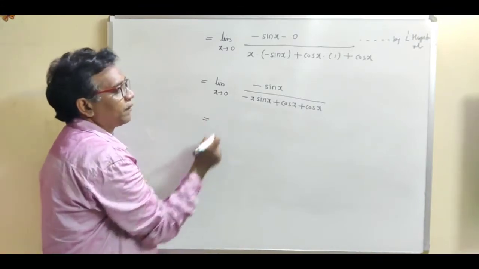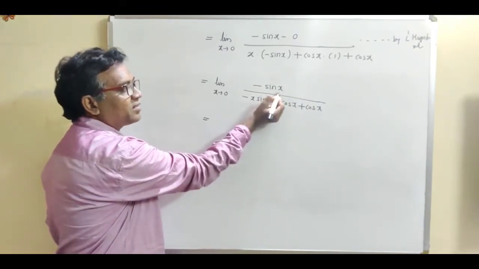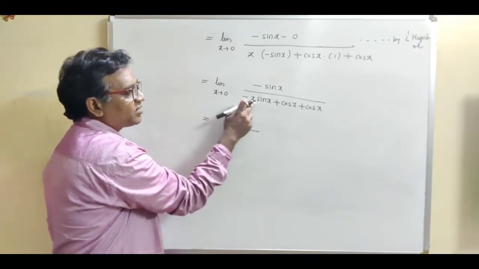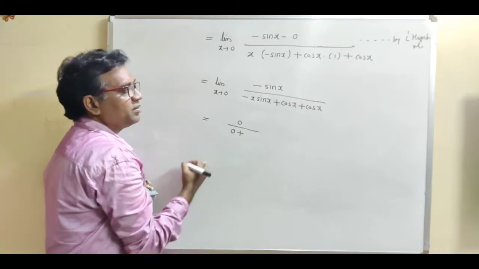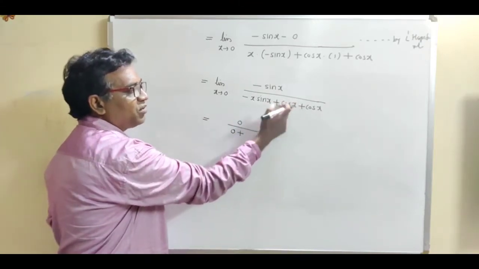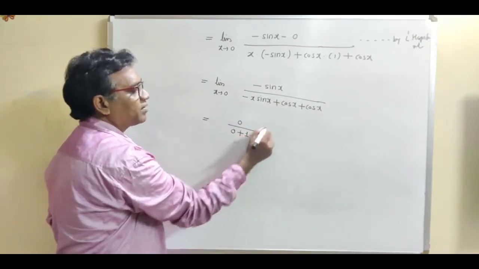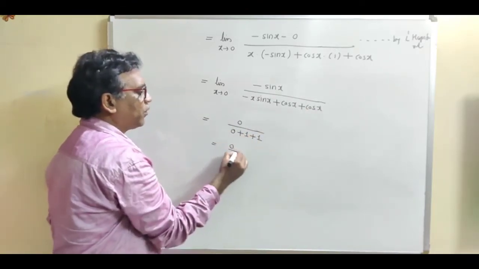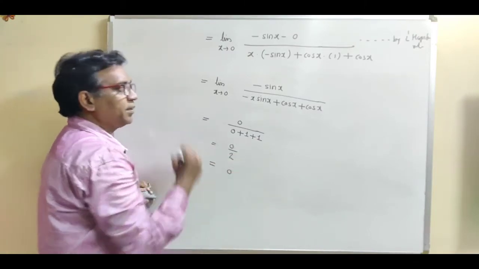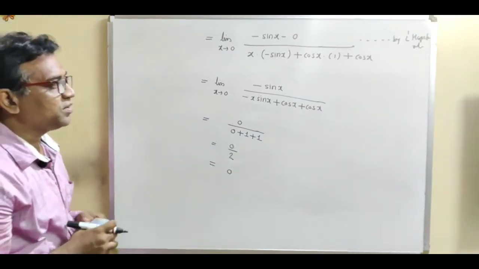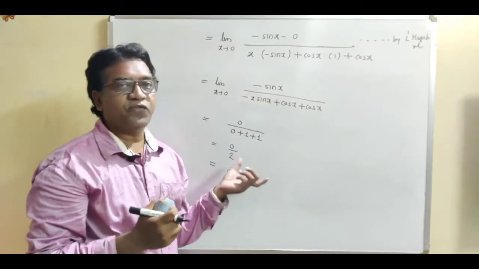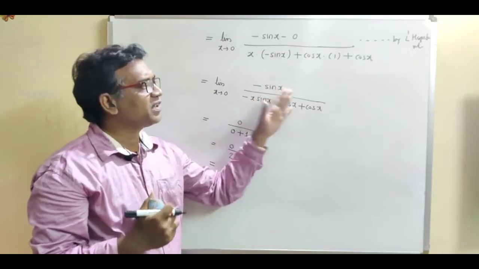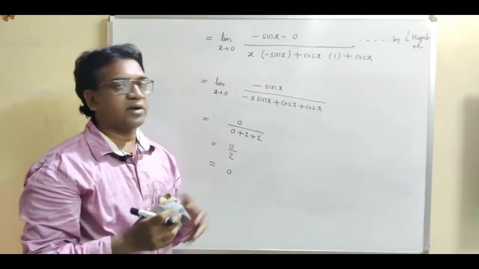So this is equal to, put x equal to 0 in the numerator, sin 0 is 0, divided by, put x equal to 0 in the denominator, so the first term will be 0, put x equal to 0, cos 0 will be 1, plus put x equal to 0 in the next term, so this is again 1, so 0 upon 2, so obviously this limit will be 0. So see how to get this division form if the limit form contains the subtraction form. What is the method? Just take the LCM and get the division form.